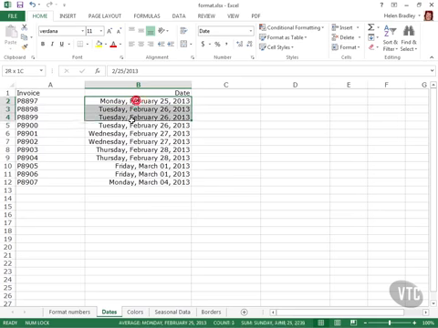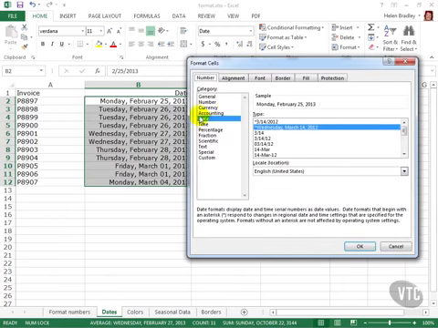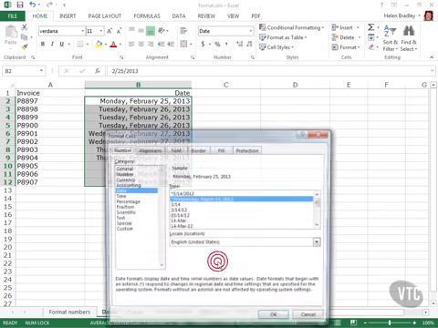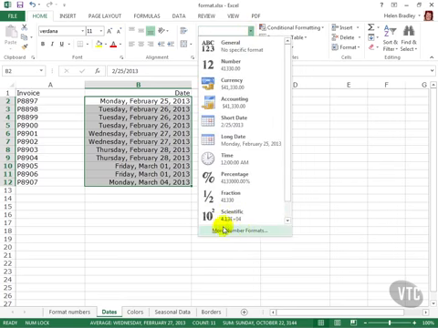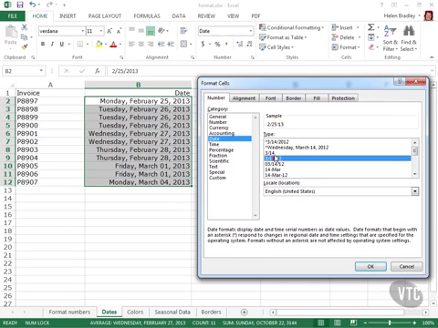Now there are other ways that we can format dates. We can open the number format dialog here. This is the exact same dialog as we would get if we selected our data, right-click and choose Format Cells. It's also the same dialog that we can get to by clicking More Number Formats at the bottom of this drop-down list. However we get here, these are the date formats that we can use,